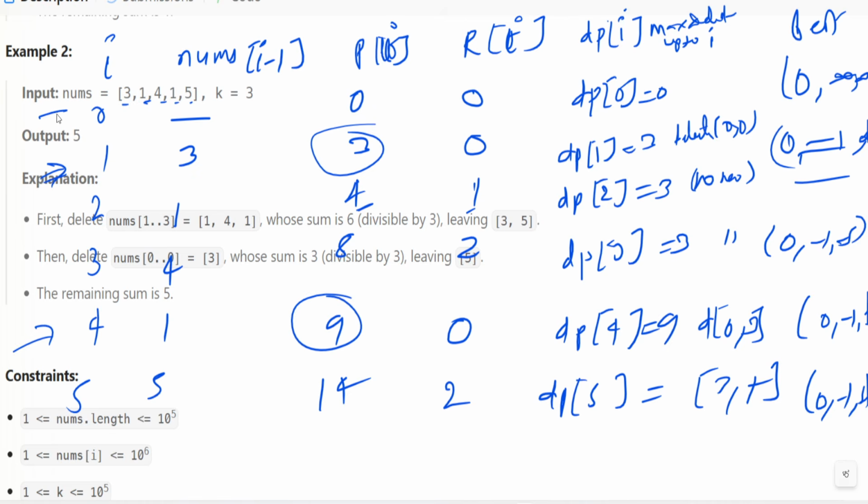So we'll start from here to here, and we'll get the sum is 9. Understand? Now talk about when we reach i equal to 5. So we can also get dp at 5 equal to 9, right? By taking two things. We'll take best 2 here, and i